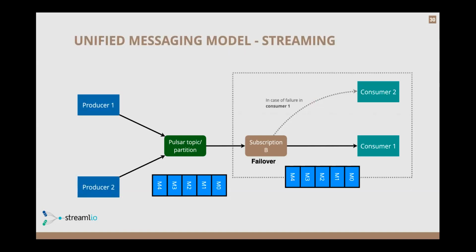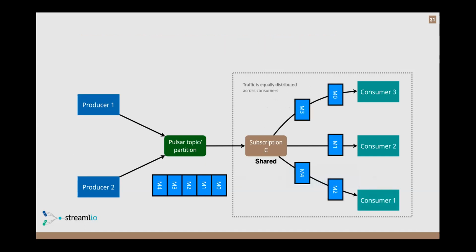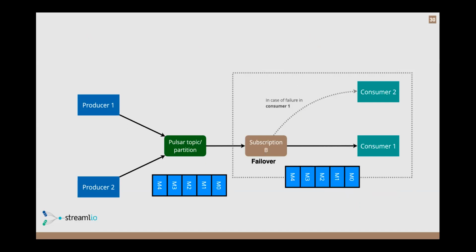We also support a failover subscription. So if you have any particular consumer, you can have a standby one. If one fails, you can immediately transition over to the other one. In this case, consumer 1, who was the exclusive consumer in this scenario, fails and dies, then consumer 2 takes over the work and resumes exactly where he left off. With that subscription, he keeps track of the last messages consumed, and he continues processing.